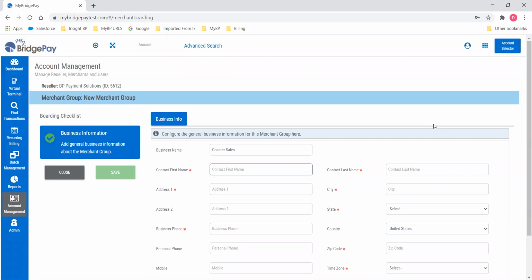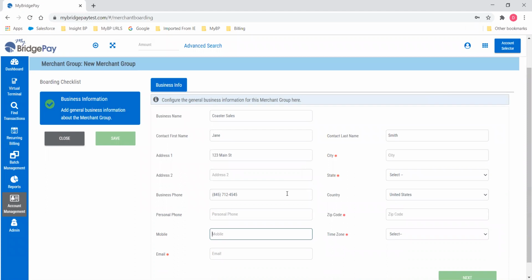Their business name, contact name, the business address, business phone number, and you have optional information of personal phone number and mobile number. You then need to enter an email address,